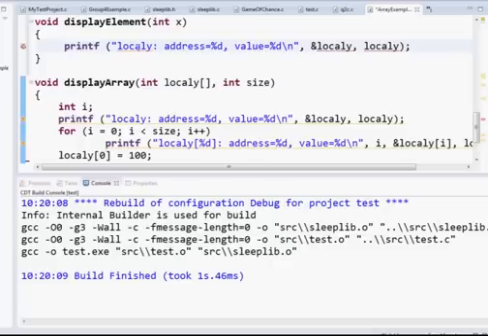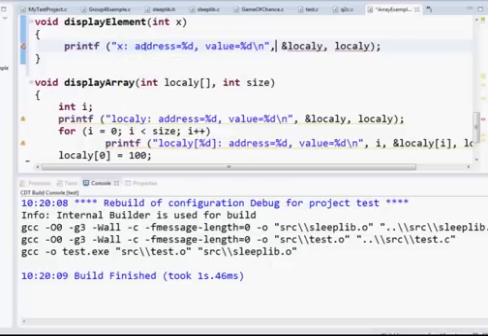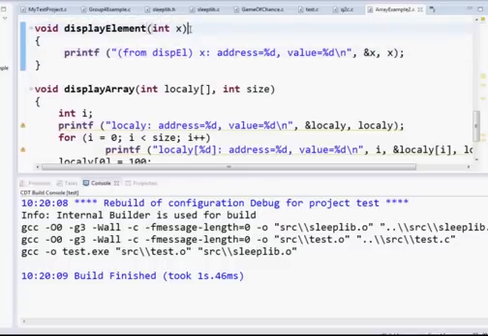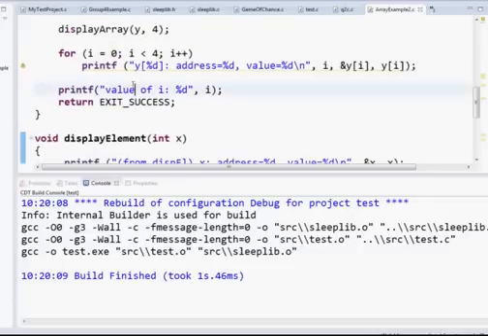So I'm saying local x, or x, is equal to its address and its value. I'm just going to put a small note here to say from disp L, so that we know what's going on. We're printing from display element and we're not printing from main. And then I just need this function prototype as well. Here we go. And then I also need to call this from the main function. So what I'm going to do here is call that display element,